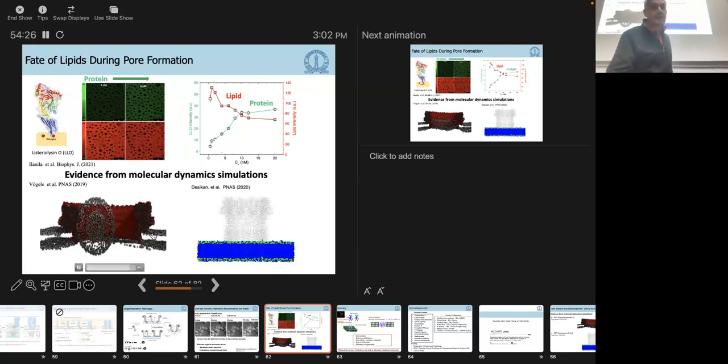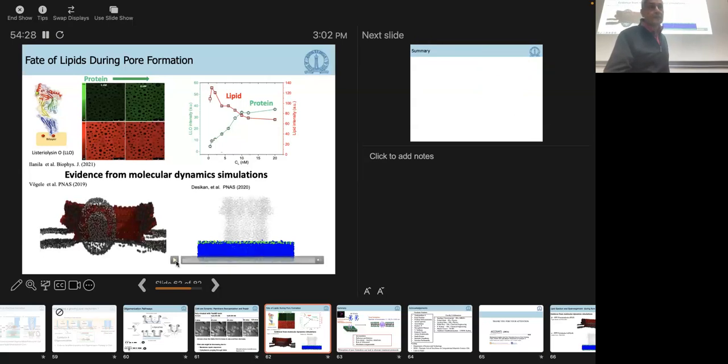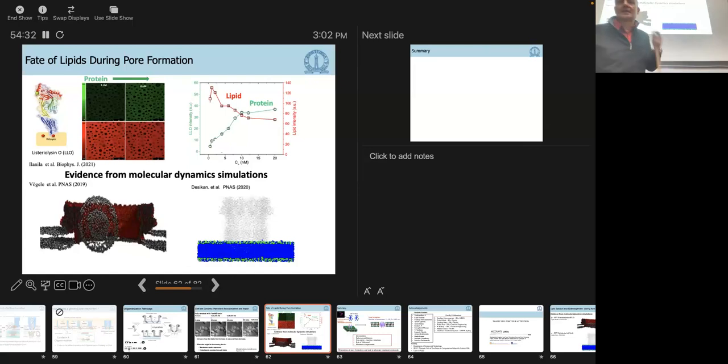And we had done a similar work with cytolysin A, actually about 5 years before this was published. My student, when he did all this work, finally did this with the Martini and he said we should publish it. And I said we shouldn't because there's no experimental evidence for it. But it turns out that after this paper came out, we actually sent this to PNAS as a letter. And within a month, I think it got accepted.